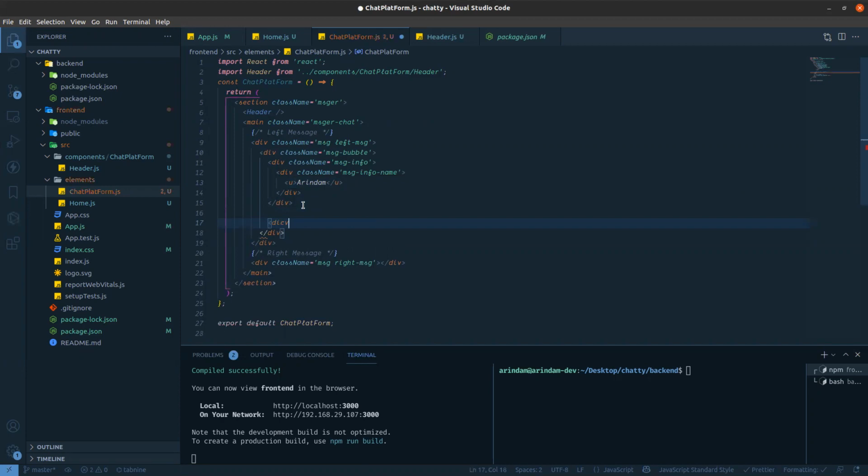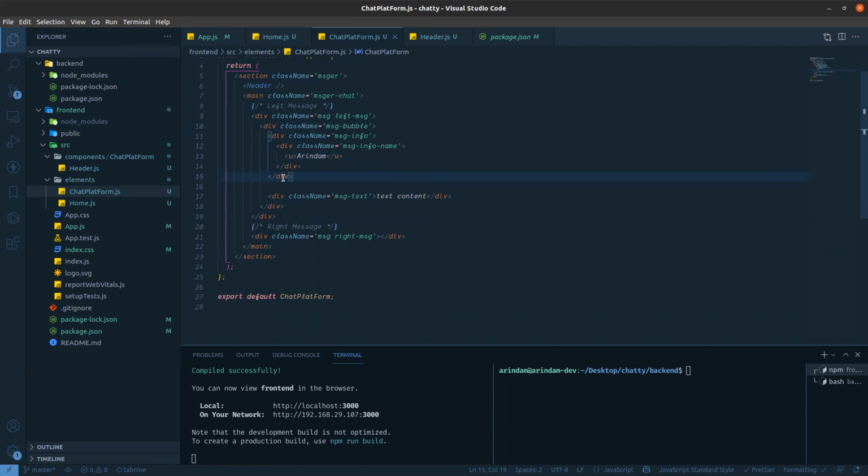So I can give a div with class name message text, and this area should be for text content. Whatever text my friend has sent or I have sent, those things. So this is for the left message.